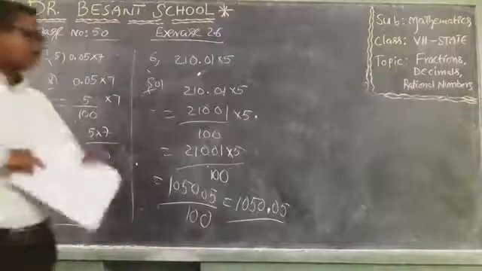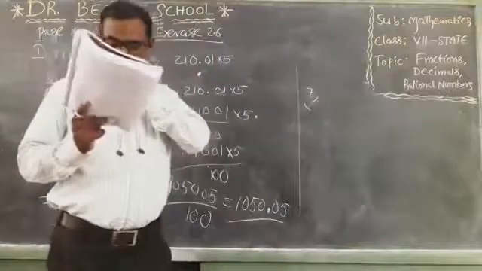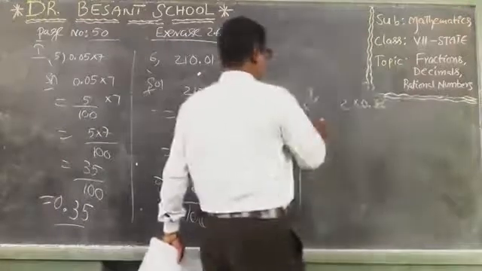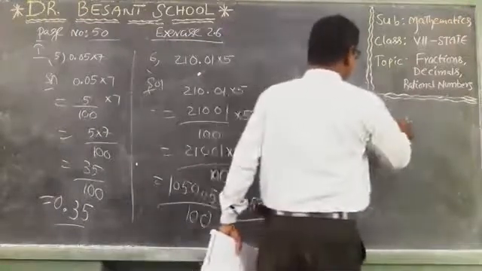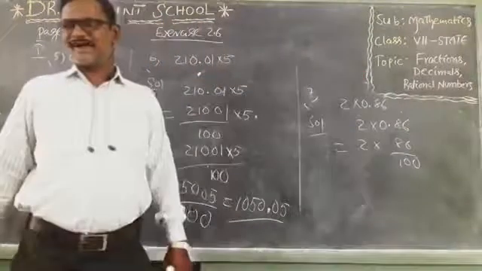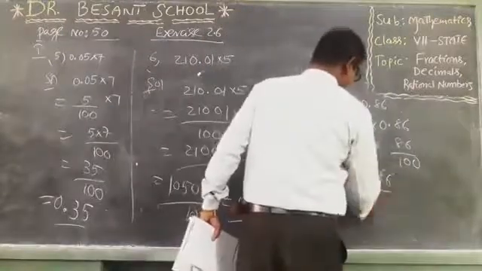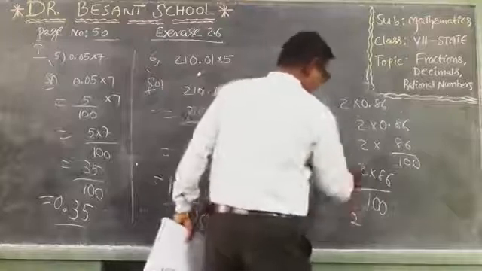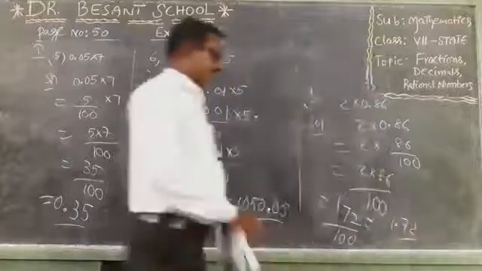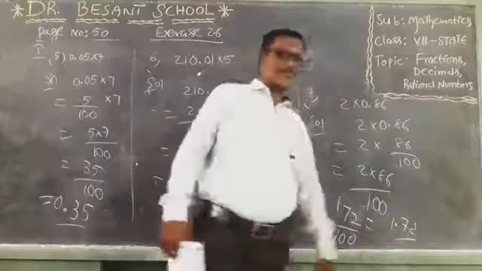Yes. So one more problem is there from this Roman, that is the 7th one. 2 into 0.86. Children, you see this is 2 into 0.86. That means 2 into 86 by 100. The point is after two digits, so 86 by 100. It is 2 into 86 by 100. 2 6s are 12, 2 8s are 16 plus 1, 17, 172 by 100. It comes as 1.72. In 100 two zeros are there, after two digits we keep a point, that is 1.72.